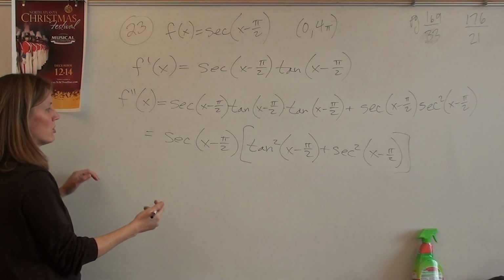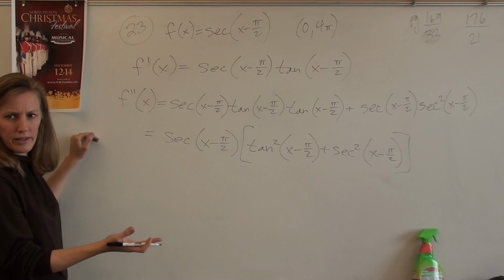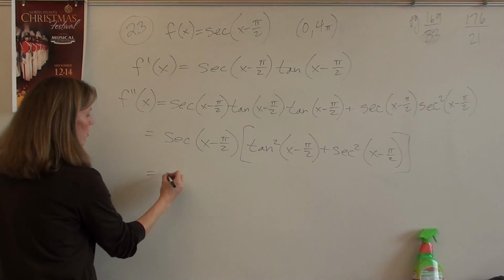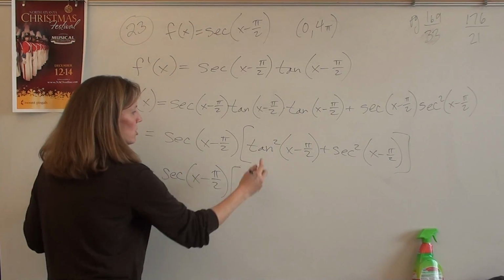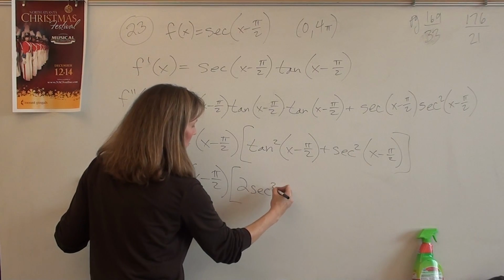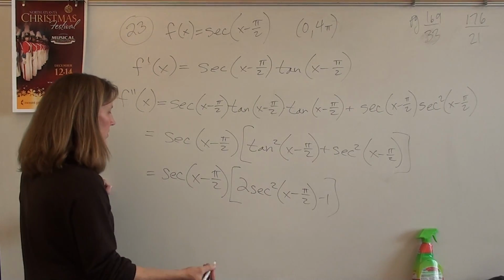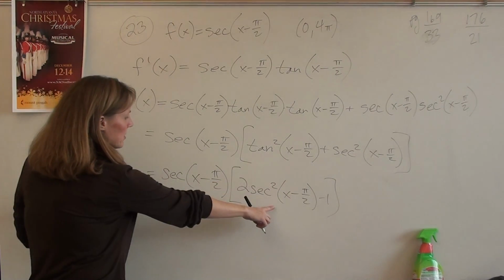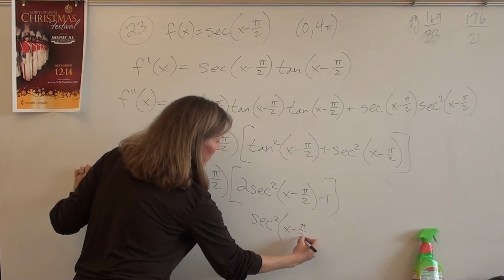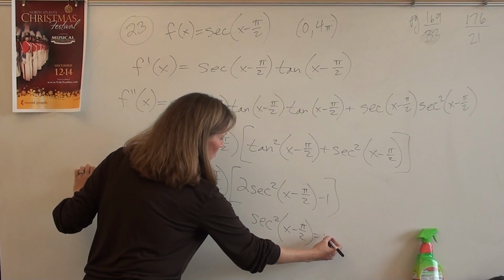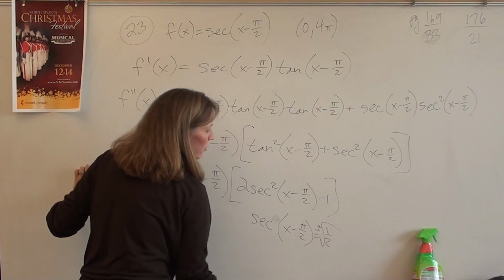Tangent squared, using the Pythagorean identity, is secant squared minus 1, right? Because we have to get it all to one function or we won't be able to solve it. So we get 2 secant squared minus 1. If you solve this, you get secant squared of whatever equals 1/2. So secant would be plus or minus the square root of 1/2,